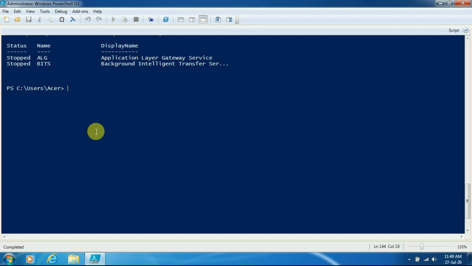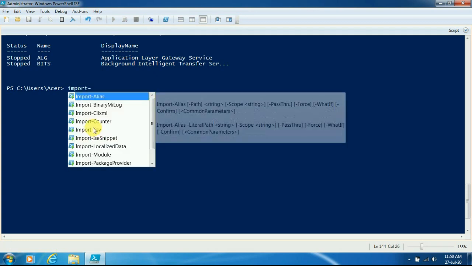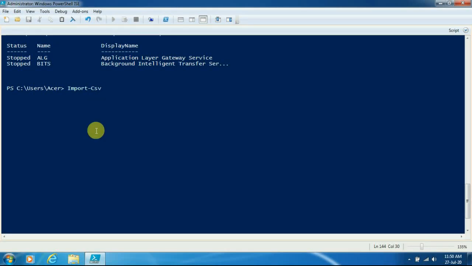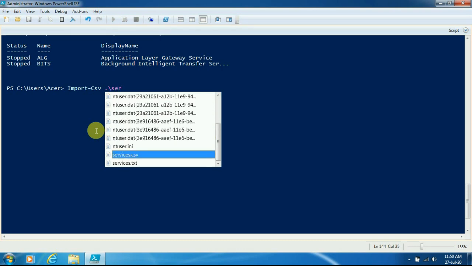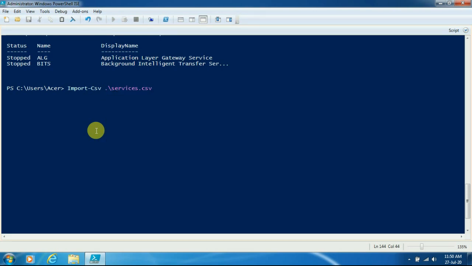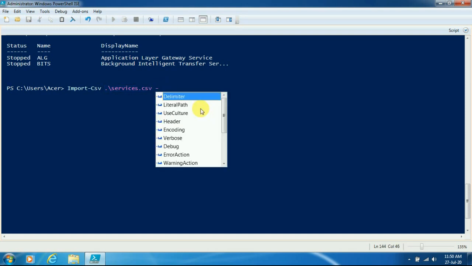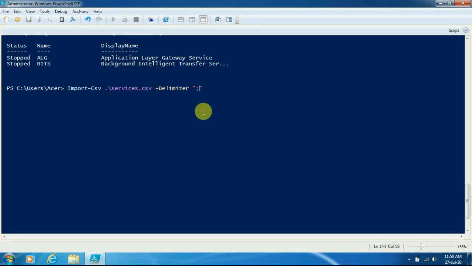Now we will see how we can use the import cmdlet as pipeline input. I can use the cmdlet called Import-Csv, and here I will have to give services.csv. I have already created this file, and we have used one delimiter, that is semicolon.